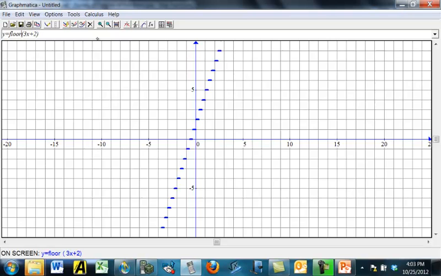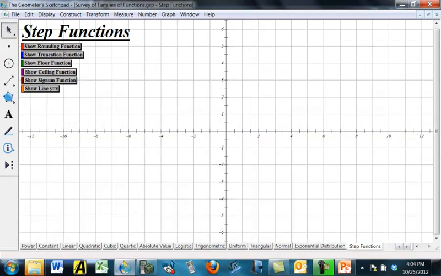So if you just did y equals 3x plus 2 without the floor, that's going to be on one side. So that side of the little line segments will all have solid dots, and the other side will have open dots. Okay, so you can easily combine some of these things using Graphmatica. On your calculator,